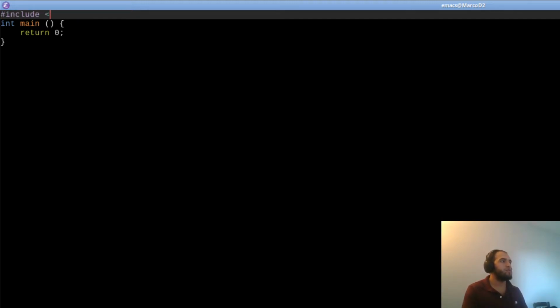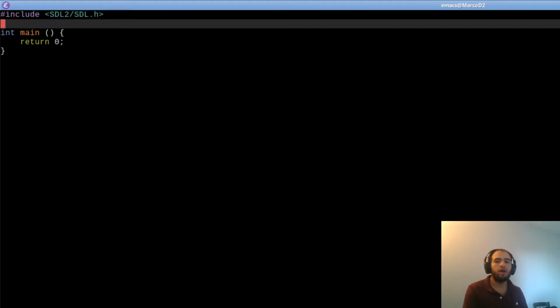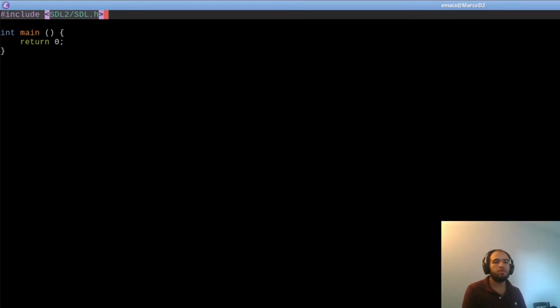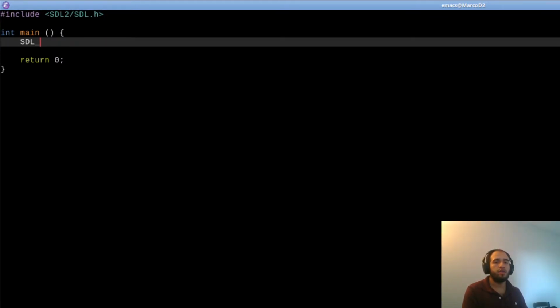So the first thing that we need to do is include the SDL2 header. Now, if you're on Linux, you probably install it with your package manager. Like if you're on Arch Linux like I am, you will do something like sudo pacman -S SDL2. If you're on Debian, it will be something like apt-get install SDL2. So just refer to your package manager repositories, and I'm pretty sure that SDL2 will be there. So we include the header file, and then we actually store an SDL2